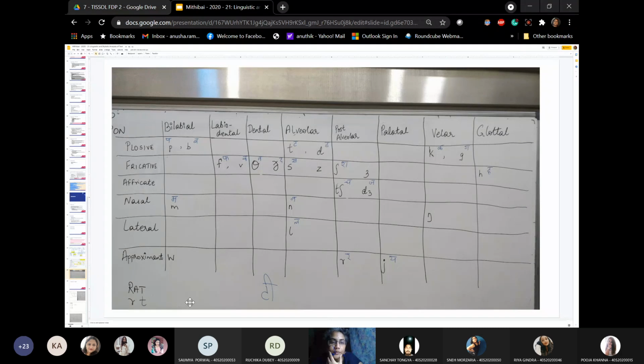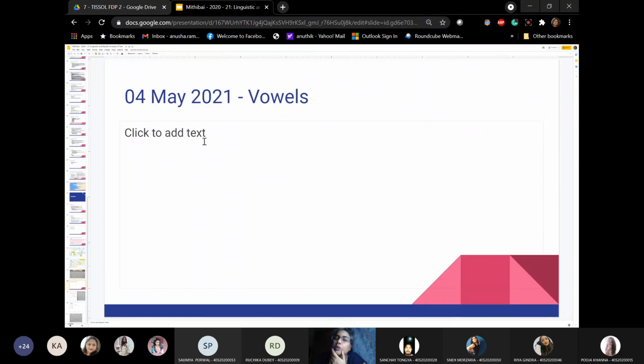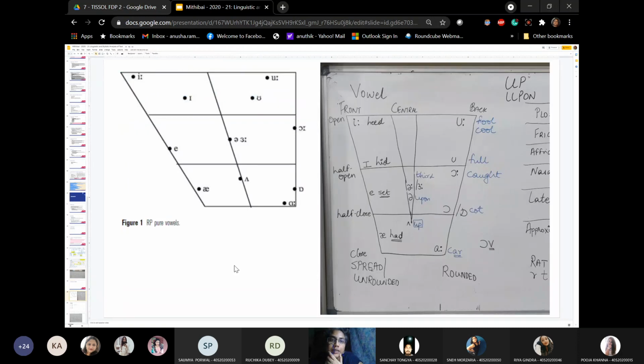So it doesn't matter. The way you're looking at consonant analysis is that, for instance, if you take something like rat, as you can see at the bottom out here, then you would have to look at r and t as the consonant sounds, and the vowel sound in between, which we will come to today. So today we are going to be looking at vowels primarily. The first chart is taken from Peter Roach's article and is what I generally put up on the board. So I thought we will use this as our textual analysis.